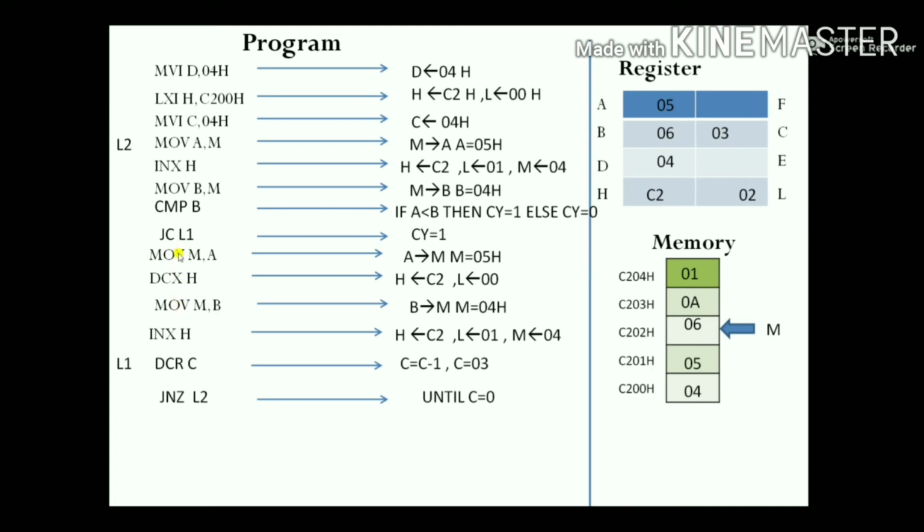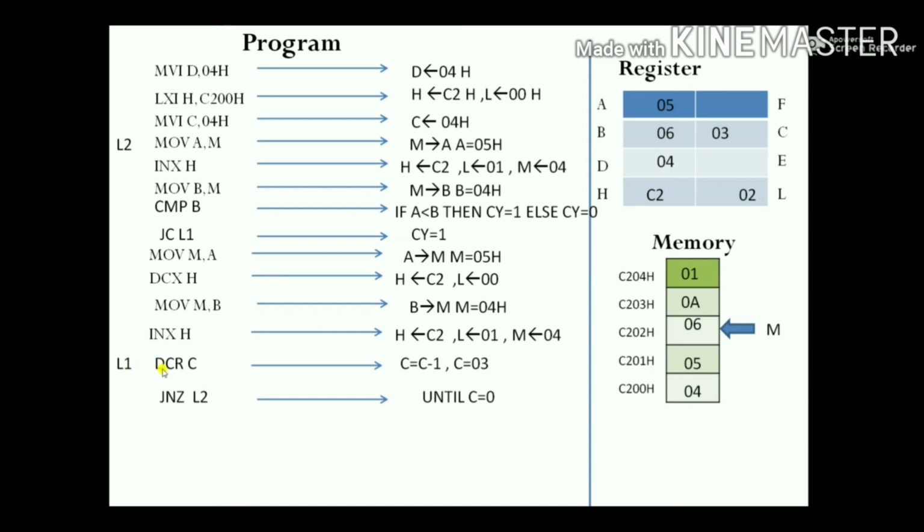Directly we have to jump to the next memory location. It means we have to decrement the counter for the comparisons. So L1 will jump over here. If the content of the accumulator is less, then we need to decrement the counter and skip all the steps for the swapping.